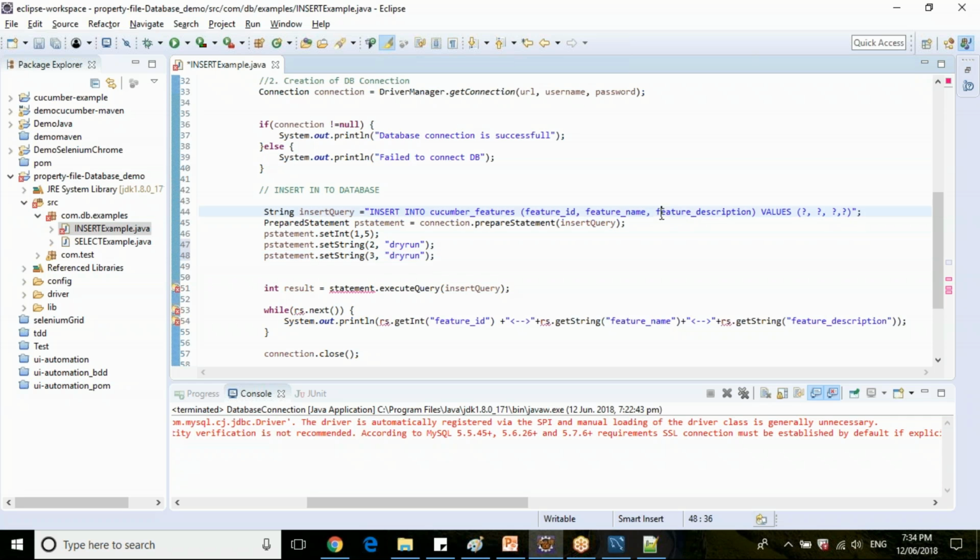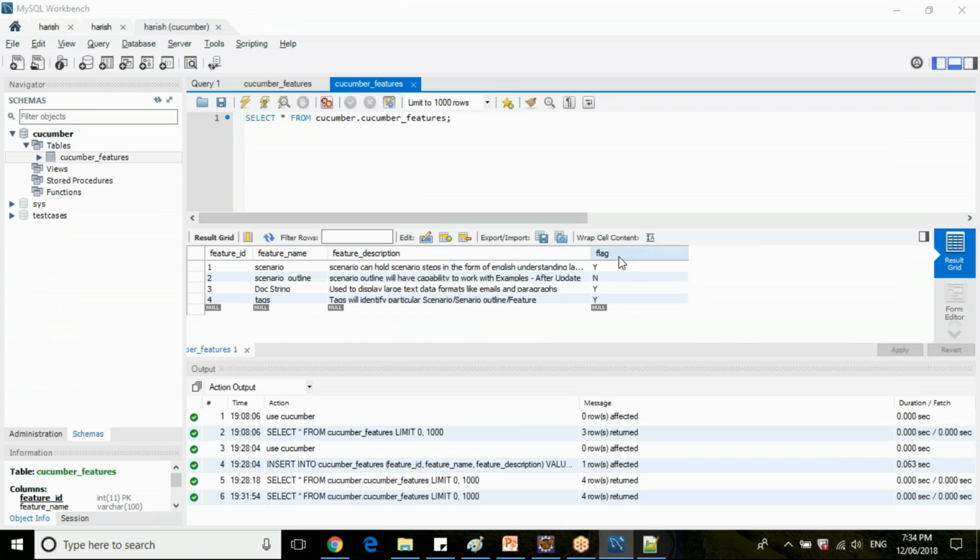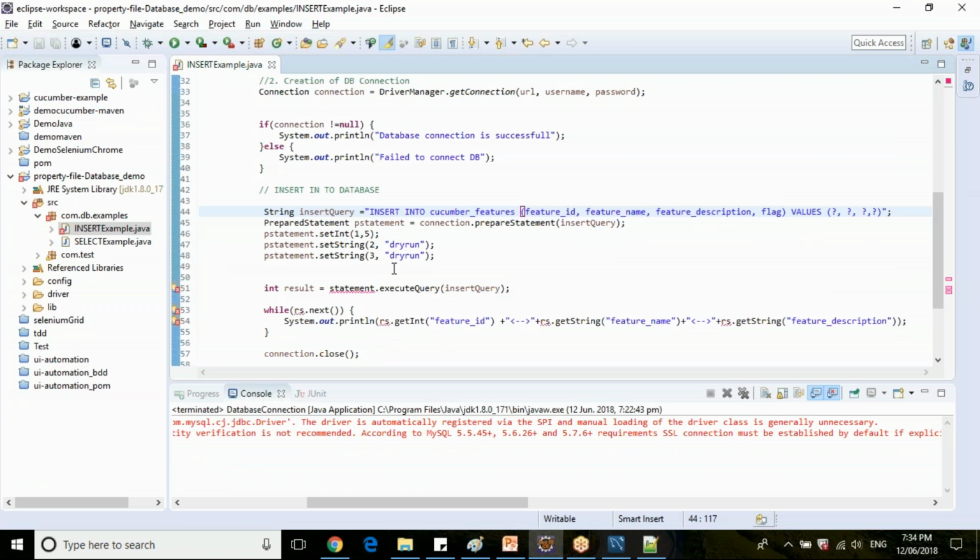Similarly, set for the third one, description. The fourth one is flag. Okay. So dry run enables the trigger point to generate or execute the feature files.